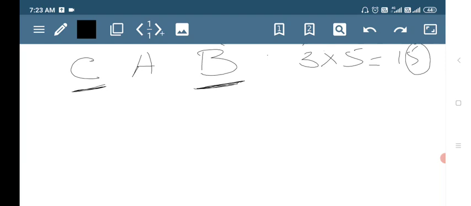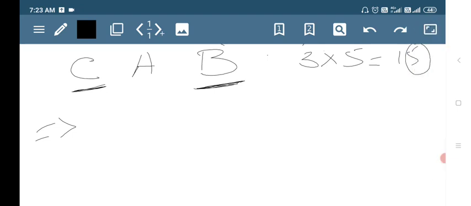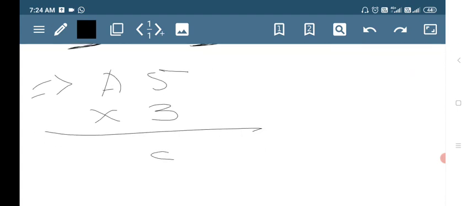So in the next step I will take B is equals to 5. 5 into 3, so 5 3s are 15, 5 carry 1 and I have here CA. Okay. So in the next step